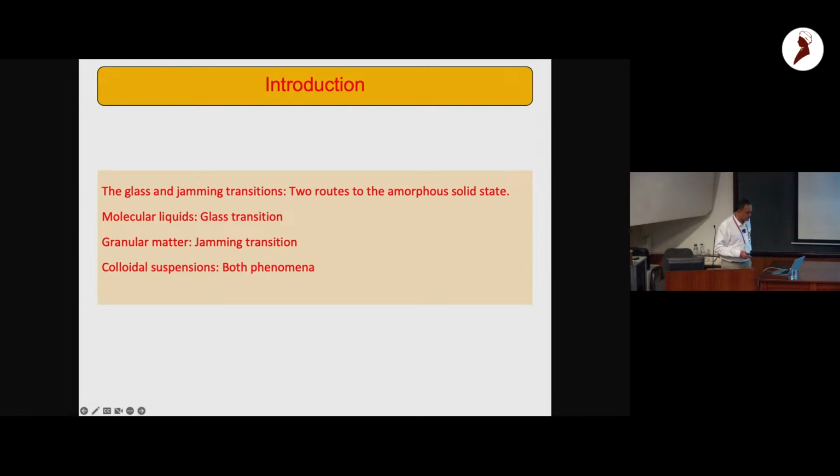Okay, so the glass and the jamming transitions are 2 routes through which you can go from a fluid state to an amorphous solid state. Typically, when one talks about the glass transition, one has atomic and molecular systems in mind, silica as a concrete example, whereas the jamming transition is typically discussed in the context of granular matter. So these are 2 extreme examples where jamming and the glass transition are respectively relevant as the transitions to an arrested state. But there are plenty of examples, such as colloidal suspensions, where the phase behavior as well as the rheology of the material can depend on both phenomena,